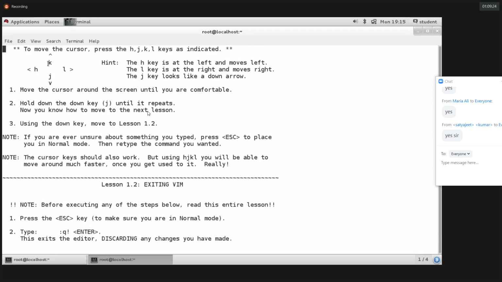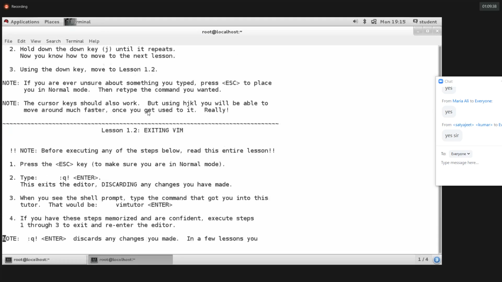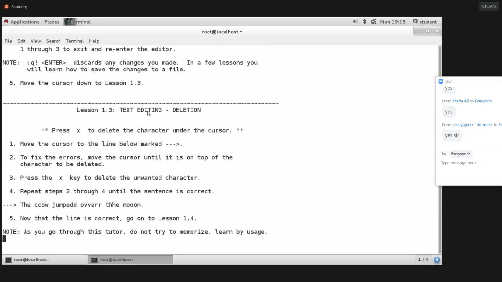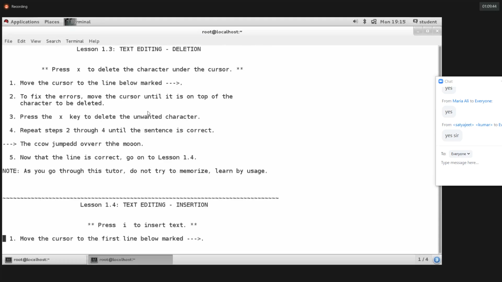Instead of navigation keys, you can use K for up, J for down, H for left, and L for right to move the cursor. This is all we already discussed.